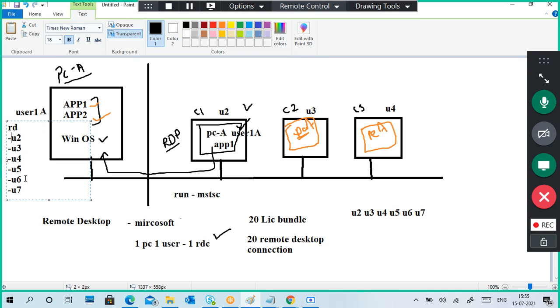So for example, better I will put RDU1. This is a better option, I think. Remote desktop user, RDU1, remote desktop user 1.